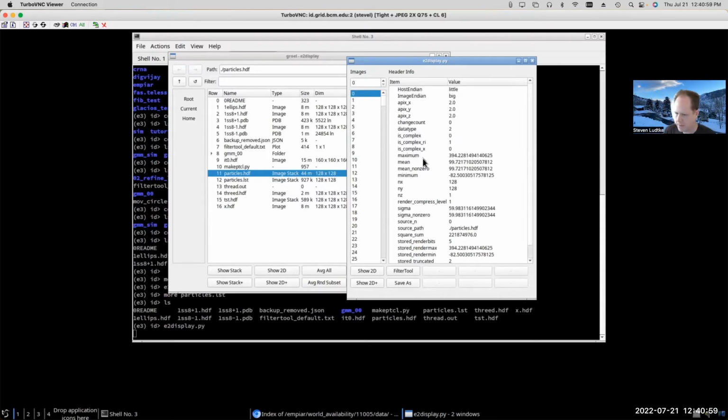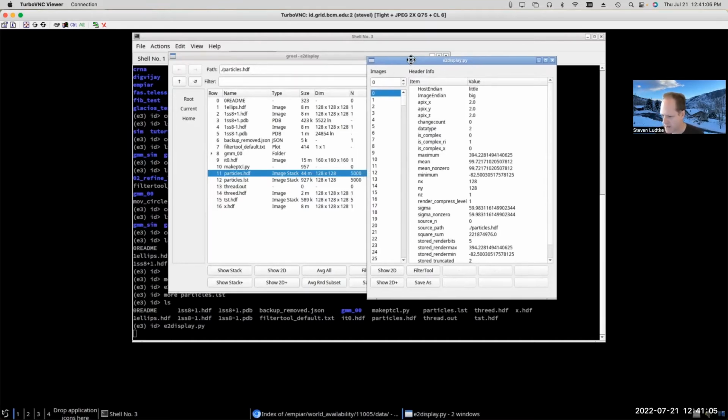But if we think about storing information about, say, the particle orientation along with the header of each particle, we could do that. You know, we could take particles.hdf and we could store the particle orientation and the defocus and all that stuff directly in the header of the image. But that would mean that every time we ran a refinement, it would be modifying the data in the header.